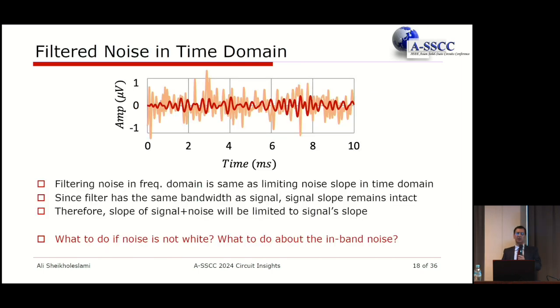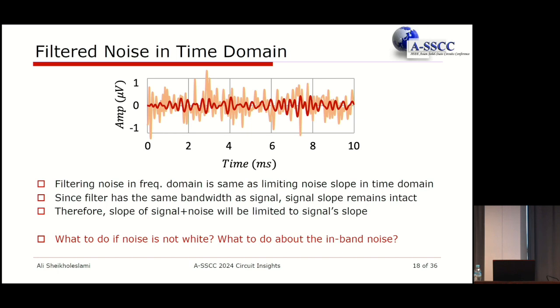You may wonder what happens in time domain with noise. That is quite interesting because filtering noise in frequency domain, in fact, translates to limiting the rate of change of noise in the time domain. These two are related, whether it's signal or noise. So when we have noise that is moving so fast, let's say it moves within 1 microsecond, it moves so much, right? But your signal doesn't move that fast. If you have that knowledge that your signal has a limited rate of change, because you have a bandwidth, let's say of 10 kilohertz, that will give you the rate of change that is limited by that 10 kilohertz content. If your noise has a lot more content, that means noise is changing very fast.